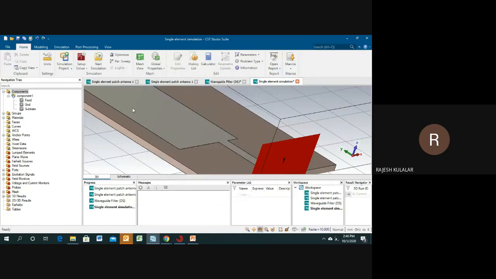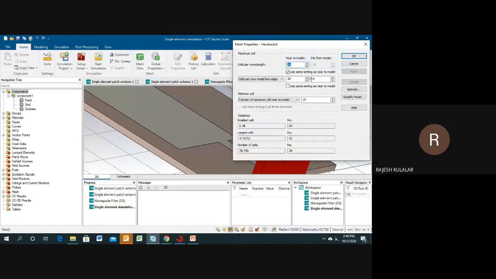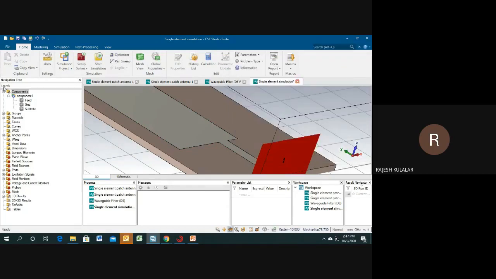Before we start, I will show you something. This one is the global properties and mesh. You can see cells per wavelength. Cells per wavelength is 15. Cells per model, actually this one is a near model. It takes automatically, no need to do anything. But in some particular cases, like if you use particle applications, you need some homogeneous meshing, so you need to define some homogeneous mesh from here. Otherwise, you can do some local meshing also. So for this application now, what can we do here?